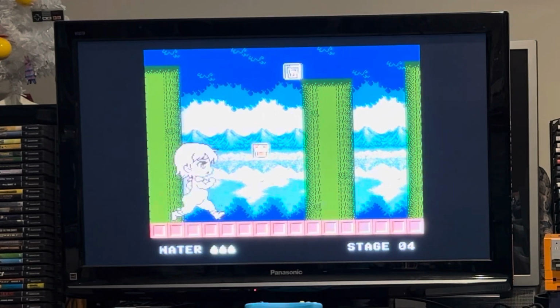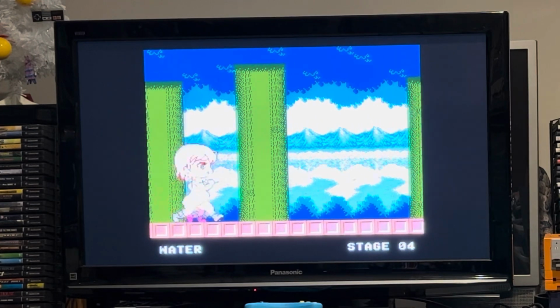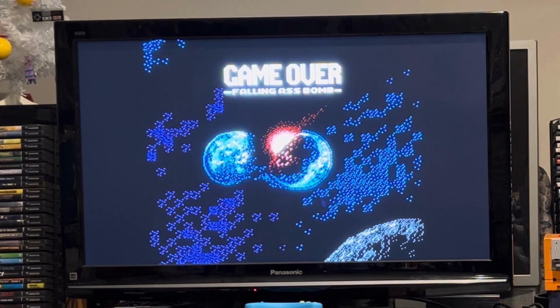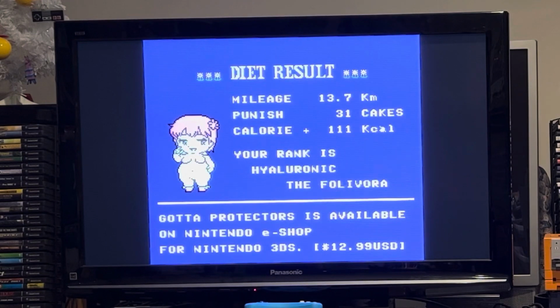Well, that is a good question. I suppose if you don't have an EverDrive N8 Pro, which is what I'm playing this on right now, you might want a way to play it. So that would be an option. But then, presuming you're looking for this game on the internet, you also know that a thing called emulators exists, and you could play it on an emulator without putting it on a physical cartridge in the NES. So that sort of defeats the idea that you need a physical cart to play it, because with an emulator,